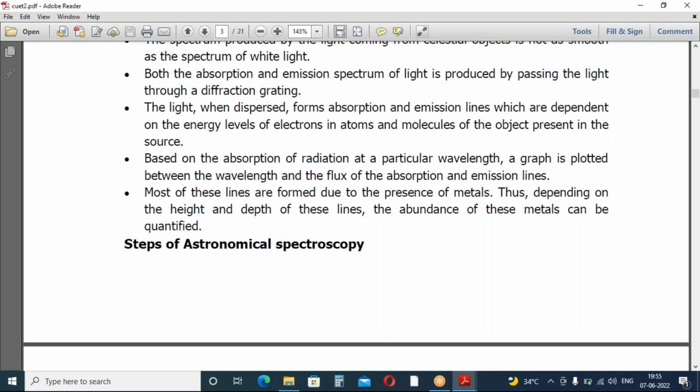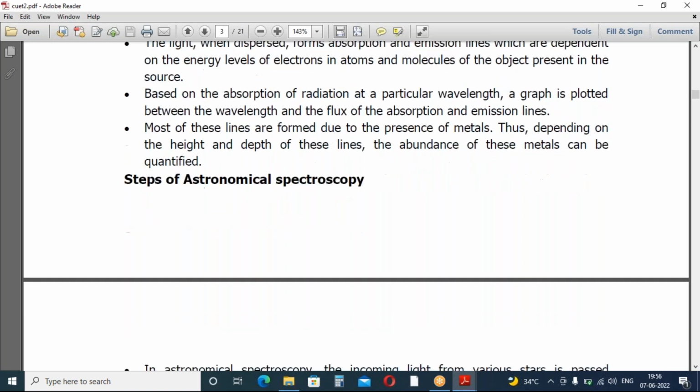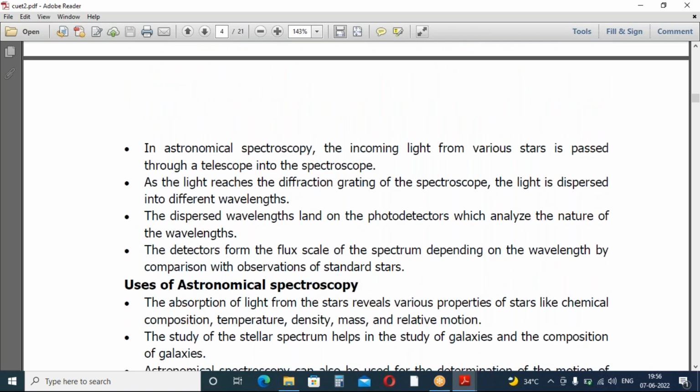This is mainly used for detecting the presence of metals, or the different types of components present in these stars, which can be detected by astronomical spectroscopy. The spectral lines are useful as an indication of the components present in these mixtures. In astronomical spectroscopy, the incoming light from the stars is passed through a device called a telescope, and that causes a